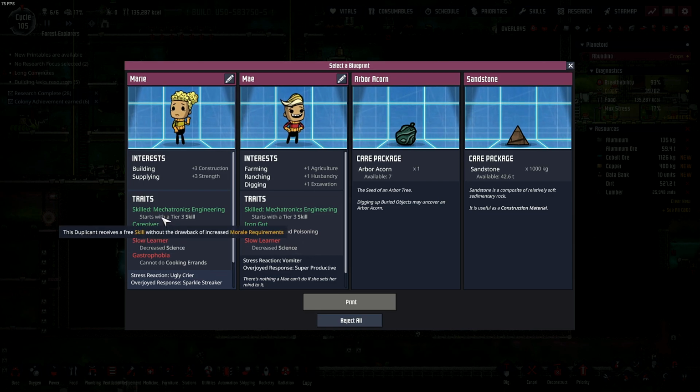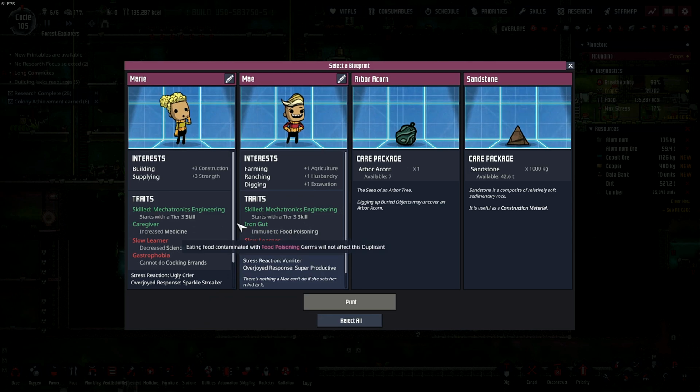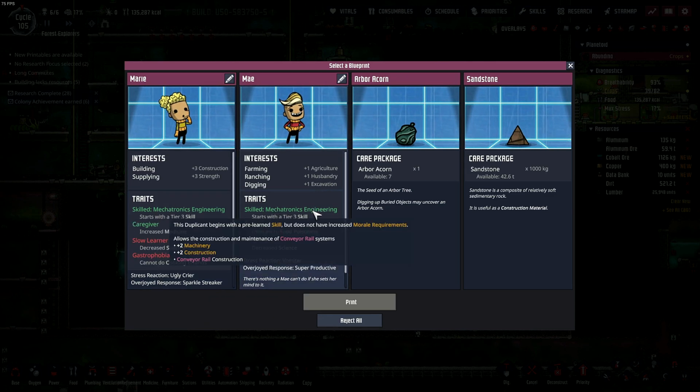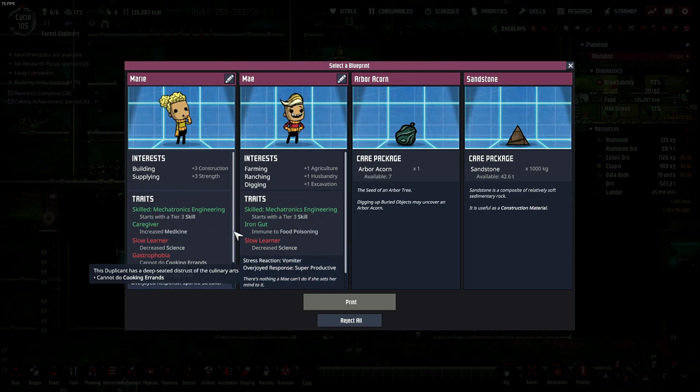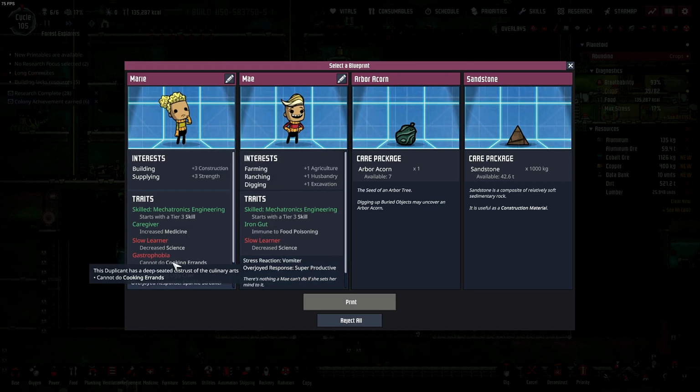What? Oh my god! What is this? The game is giving us 2 dupes with the mechatronics engineers already. Oh my, which one are we gonna take? Can I take both of them? No, we can't. Like, this one, so... I mean, it's not that bad, but...